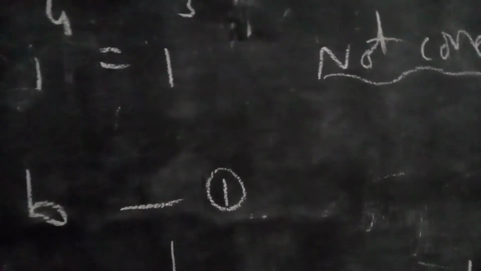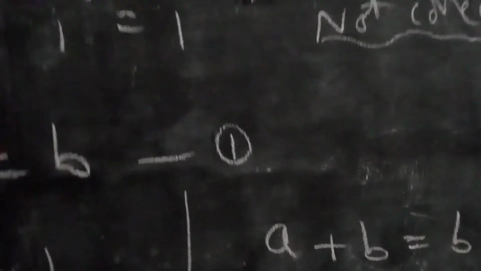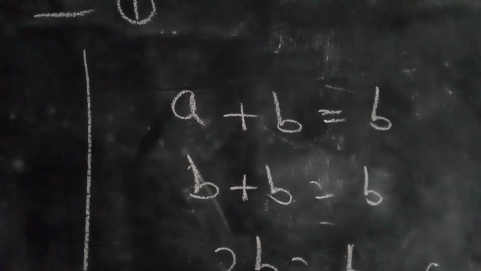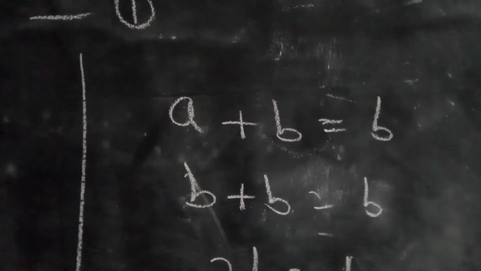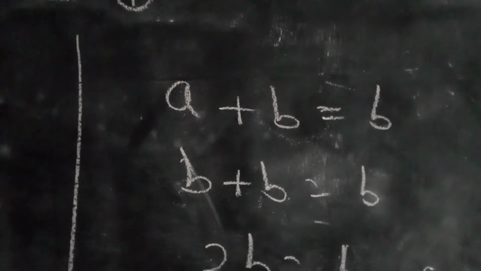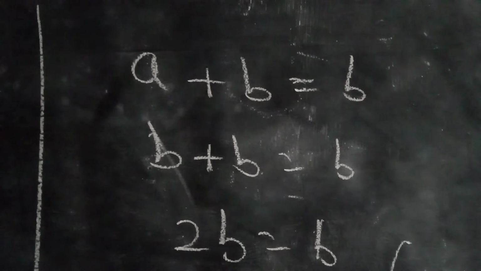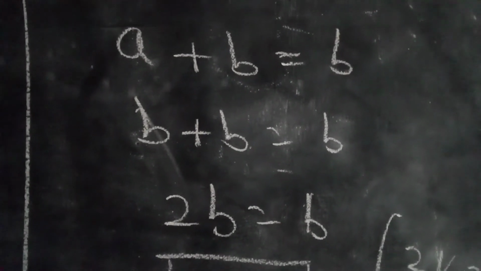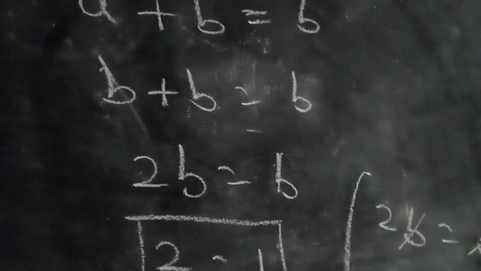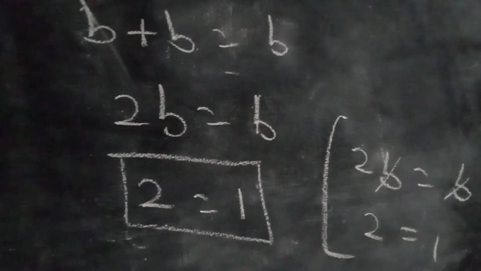Now A plus B equals B. Right. So here A plus B equals B. Starting equation 1, what we assumed, A equals B. So instead of A you can write B. Then here write B. Then you will get B plus B equals B. B plus B means what? 2B. 2B equals B. Now you can cancel B in B how many times? 1 time. So this is the process. B in B 1 time. Then you can get 2 equals 1.